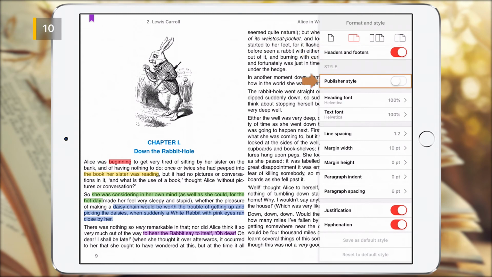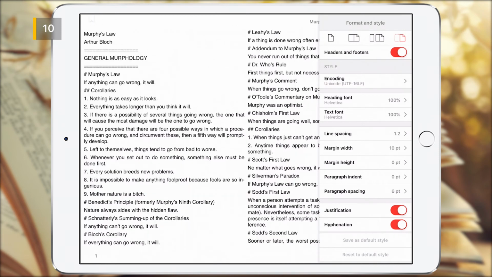The publisher style here works similarly to how we discussed in Chapter 9, applied to color themes. That is, if the publisher's style is enabled, then all the style settings are taken from those defined by the publisher in the ebook. If some style properties aren't defined by the publisher, their values are taken from the style section of this menu. For the reasons discussed in Chapter 9, the publisher style is disabled by default. Further, everything is simple, each option controls what is written on it. For text files of TXT format, the publisher style option doesn't make sense, so here the encoding setting is used instead.